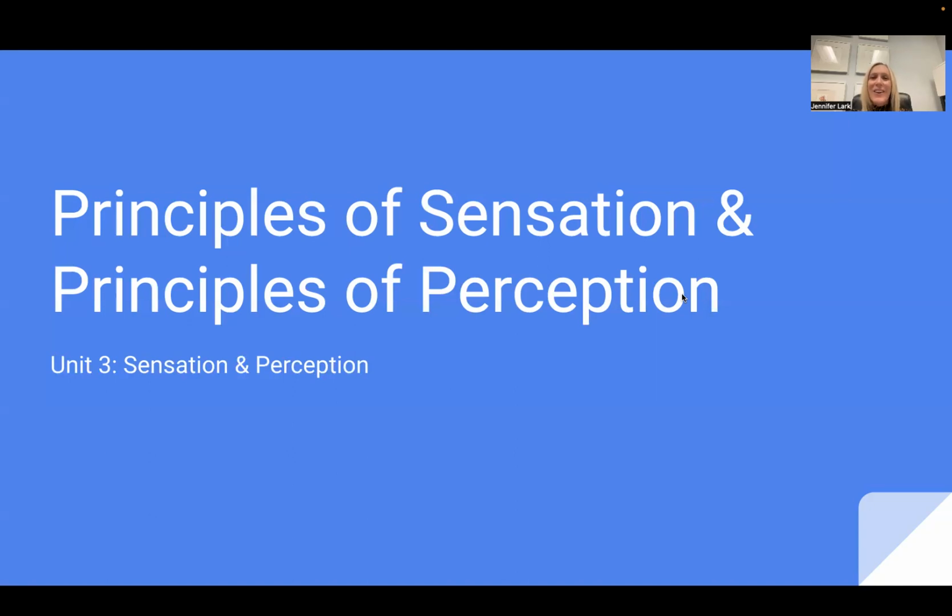I think that our sensory system and the ability of our senses to translate information from the world around us into neural impulses so that our brain can understand it, we totally take that for granted every single day. And we only realize that that's at play when something starts to go wrong. As we study sensation and perception together as part of this unit, you're going to learn that our understanding of the world around us really depends on this elaborate sensory system that processes incoming information.